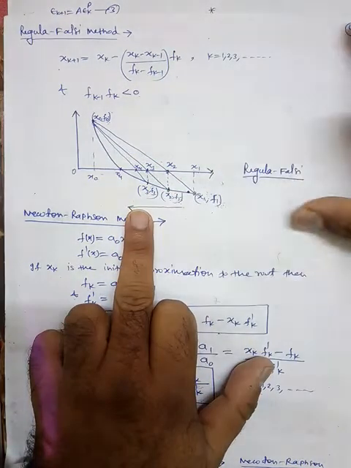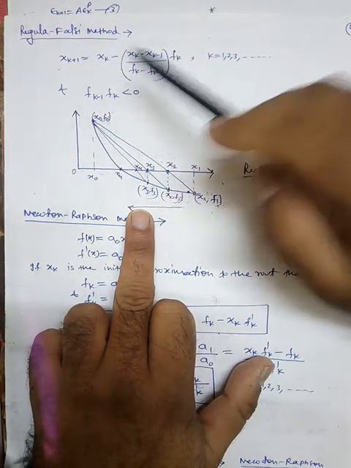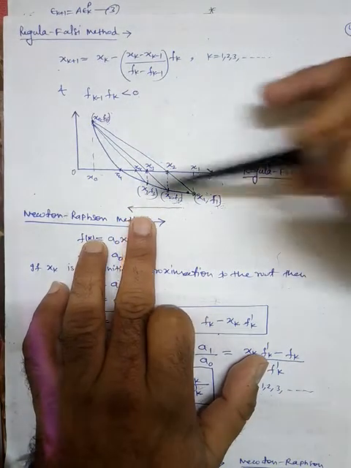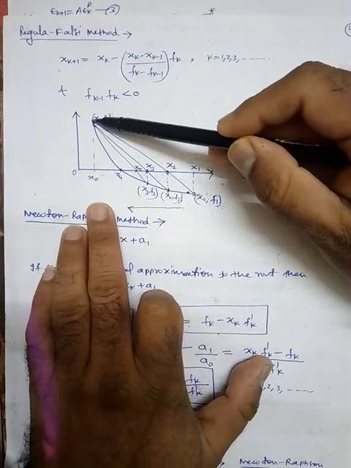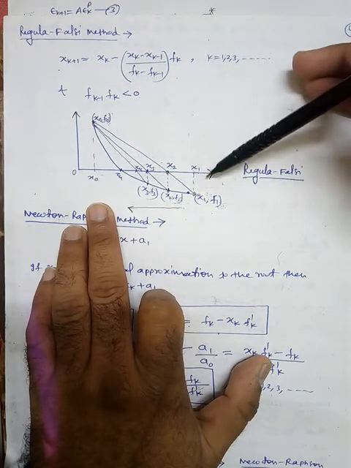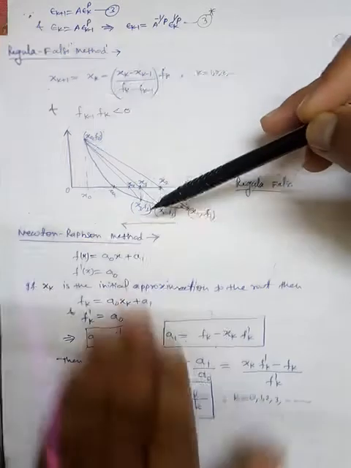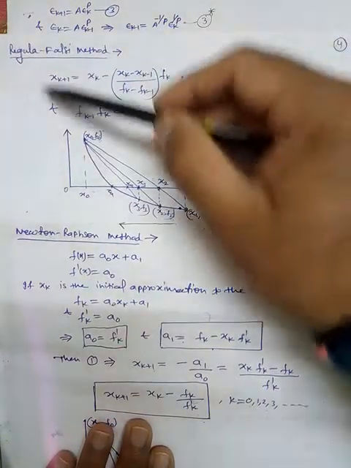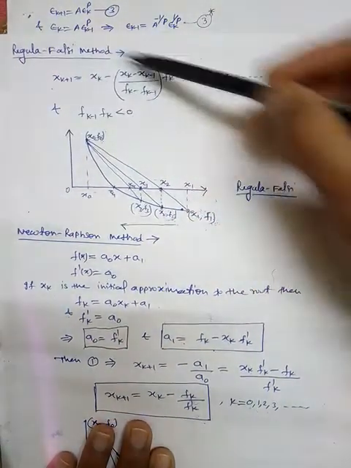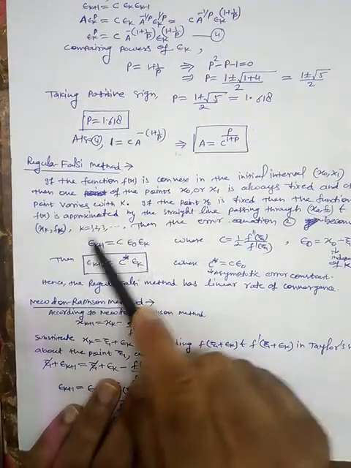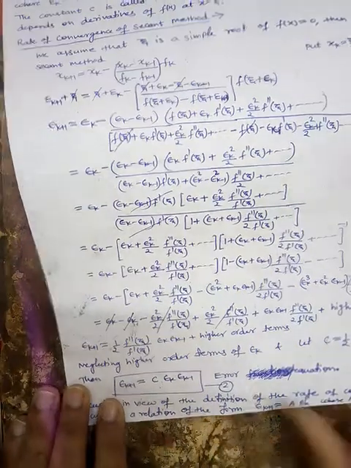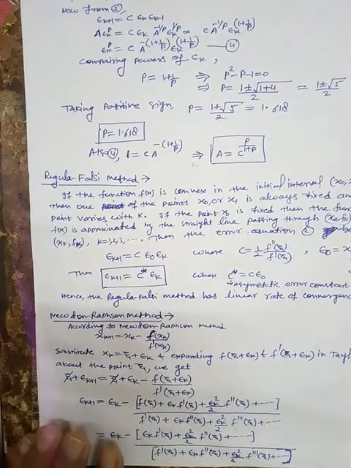Okay, so now to find out the rate of convergence of Regula-Falsi, we will assume that our function is convex, so that one point is fixed and only the other end point will move towards the exact root. Another thing is that the formula for the Regula-Falsi method is the same as the secant method. So we have already solved this, and hence we can say that this will be the error equation, because you will see that in the secant method the error is this.